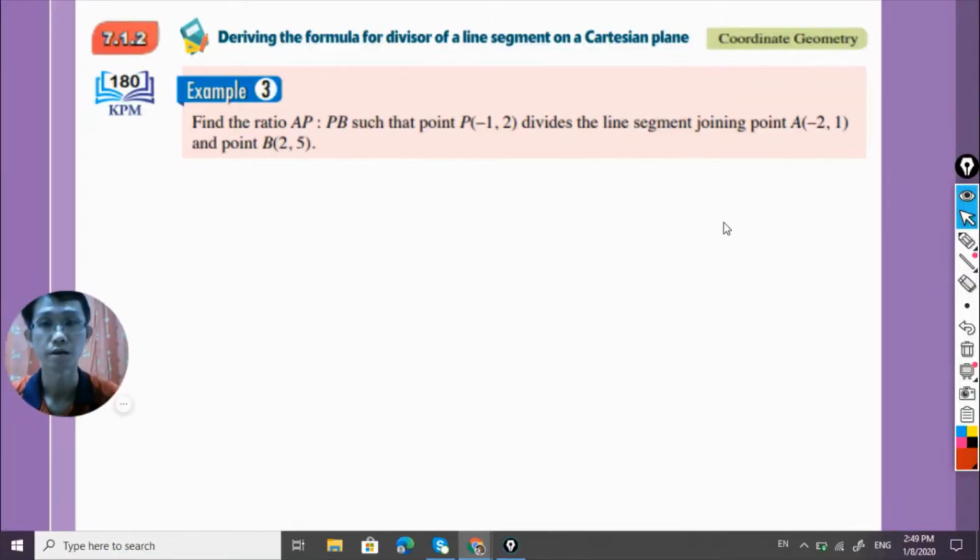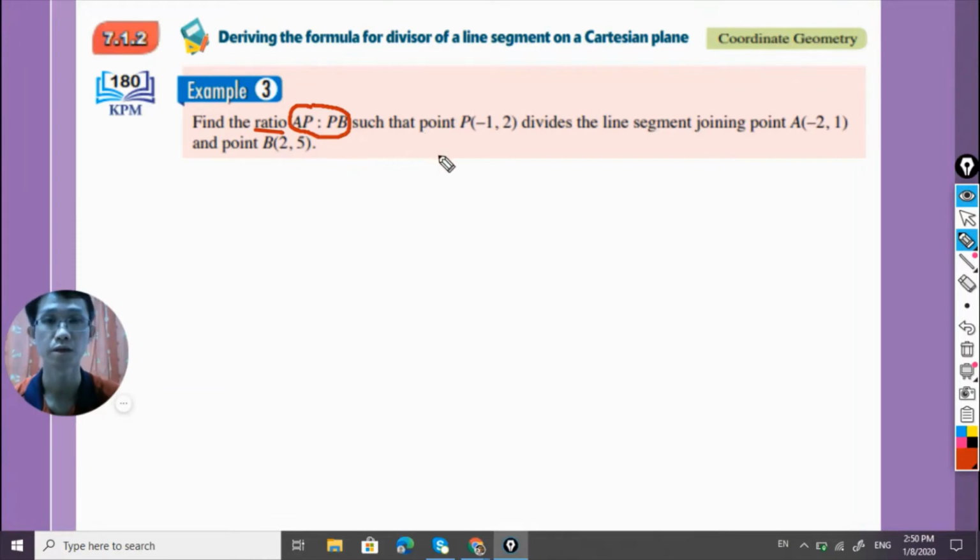Okay, come back to example 3 in your textbooks, page 180. Let's see what we should do in order to solve the question given here. First of all, let's check what information is given in the question. As you can see, you are asked to find the ratio of AP